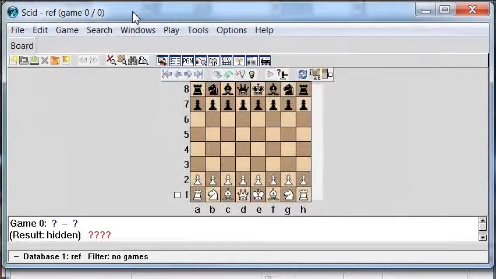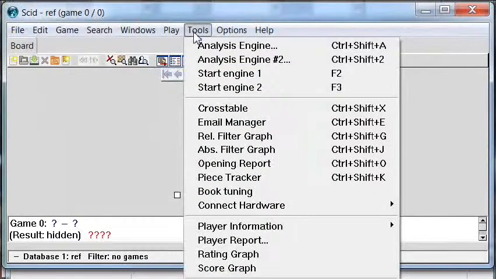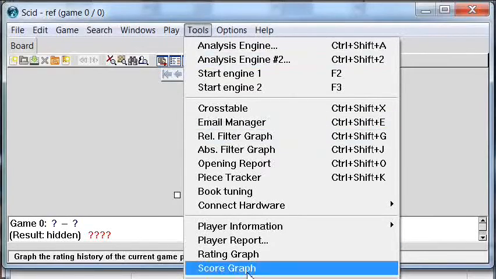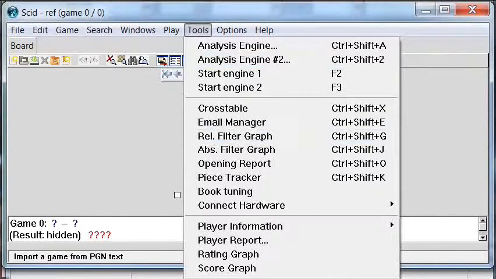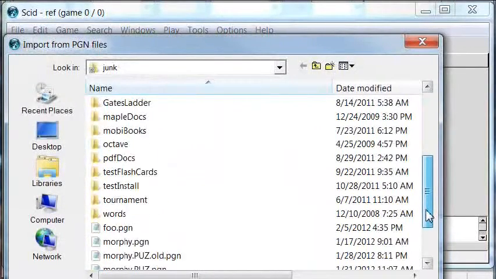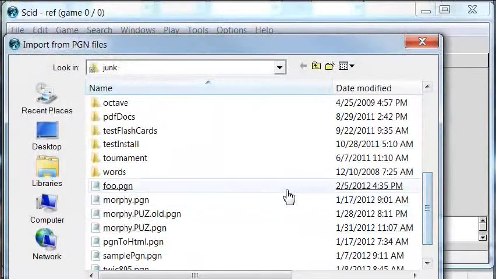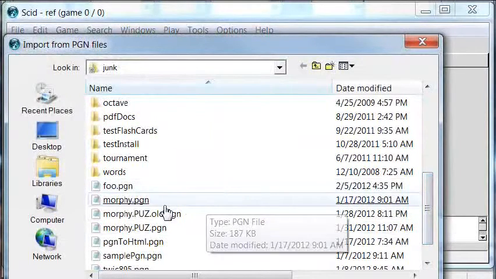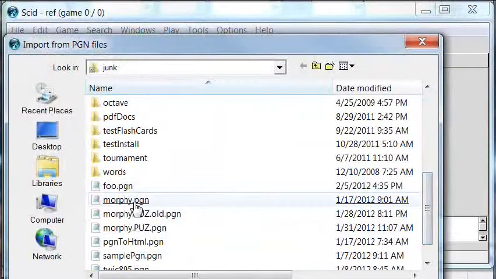Now we're going to add some games to this database from the PGN file that we've downloaded from the internet. To do that, you go to the Tools menu, and it's off the screen of my capture program here, but if you scroll down this Tools menu far enough, you'll find an item called Import File of PGN Games. Click on that, and it will ask you for the file that you'd like to import. Let's suppose I downloaded a file of Morphy's games from the internet, and I called it morphy.pgn. Click on that,